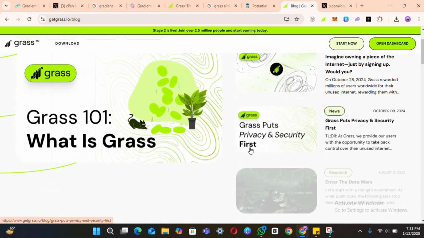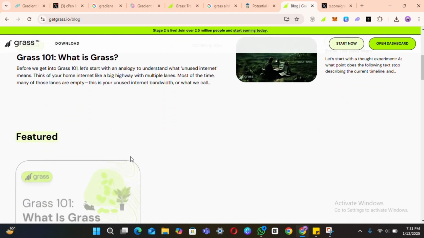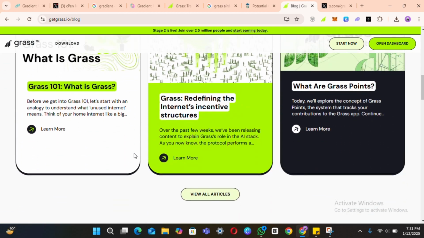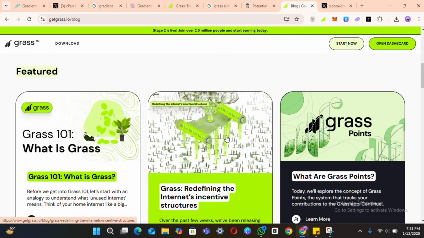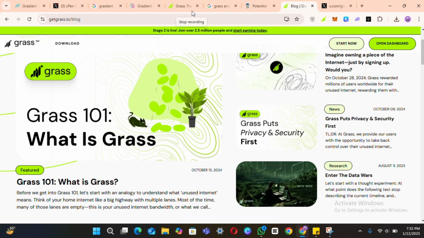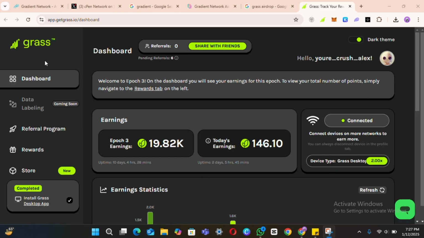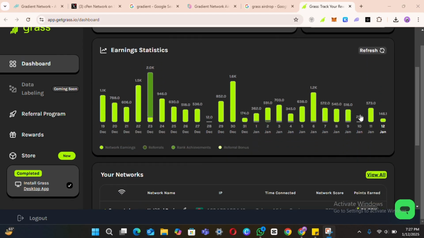Before we get into Grass 101, let's start with an analogy to understand what unused internet means. Think of your home internet like a big highway with multiple lanes. Most of the time, many of those lanes are empty. This is your unused internet bandwidth, or what we call unused internet for short. Grass acts like a digital toll booth, an effortless way to earn rewards for sharing those unused lanes with verified